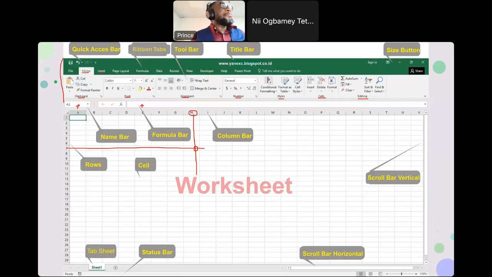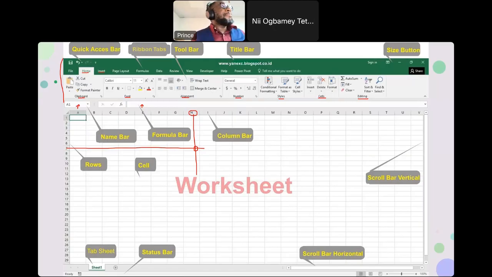Now, with this said and done, the question is, how do I start Excel? Once you start Excel, it's just like we're embarking on a journey. Most importantly, you need to know where you are going. Starting Excel is not like Word, where you just go there and start typing anything and you are good to go. Most importantly, you need to know why you are starting Excel. What's the purpose of it?